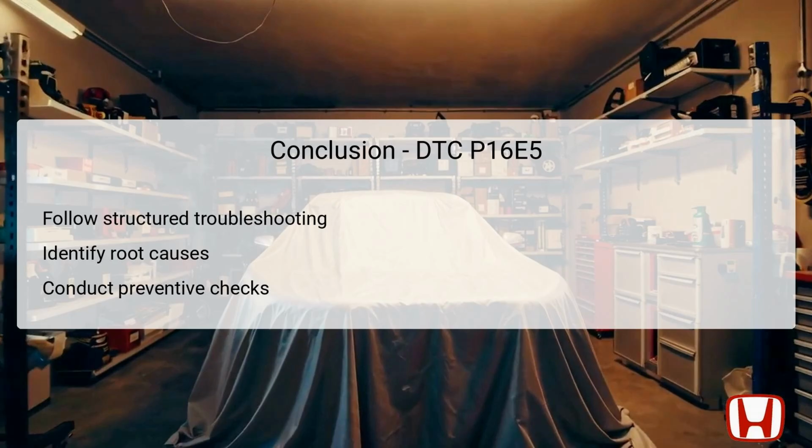By following a structured troubleshooting process, technicians can efficiently isolate the source of the issue, whether it be poor connections or faulty components. Finally, implementing preventive measures as part of regular maintenance can significantly enhance the on-road performance of the vehicle and its systems, thus avoiding reoccurrence of the